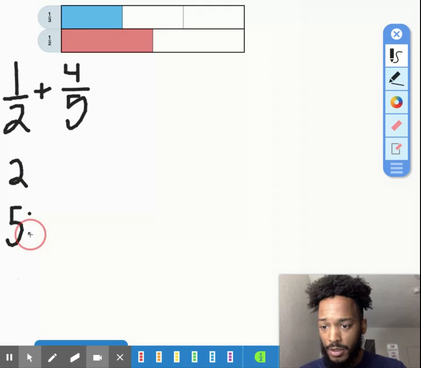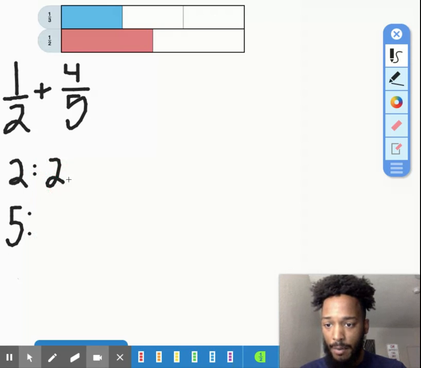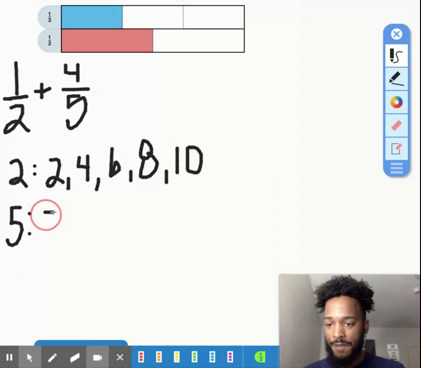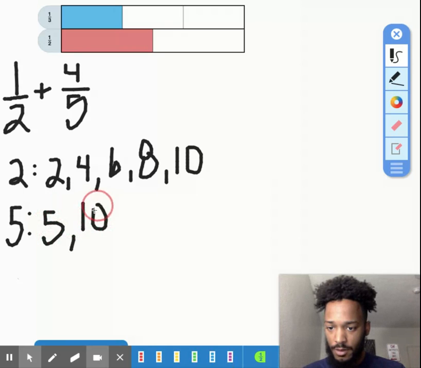Now I'm going to list the multiples of each of these numbers. So basically, I'm just counting by 2's for this one: 2, 4, 6, 8, and then 10. Then I'm going to do the same thing for 5. I've got 5, 10, 15,